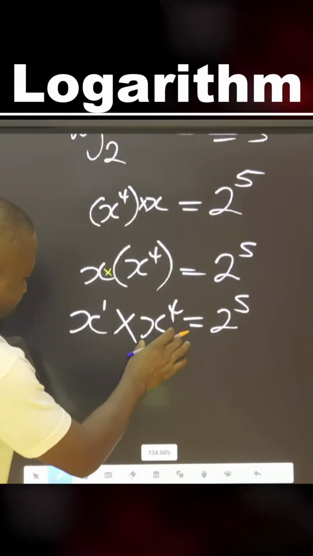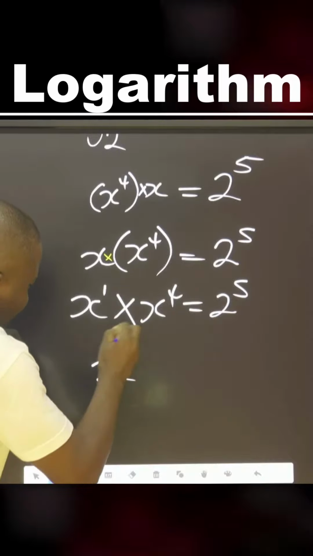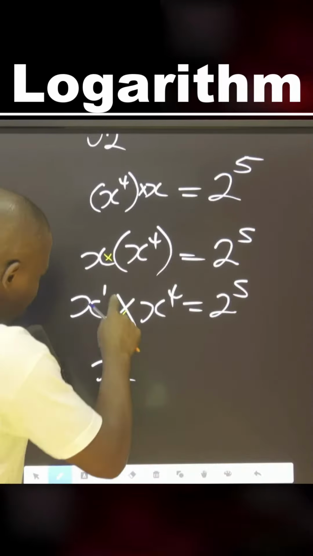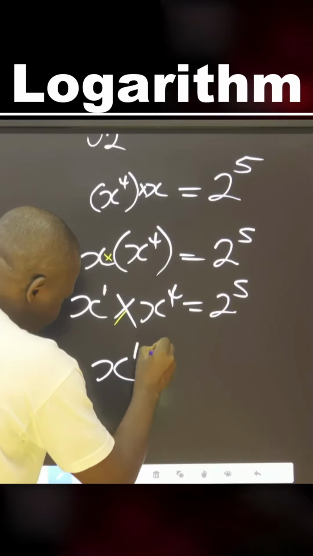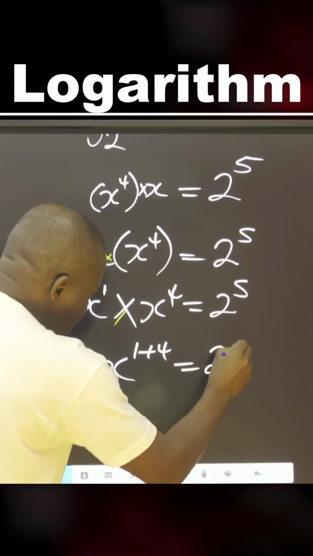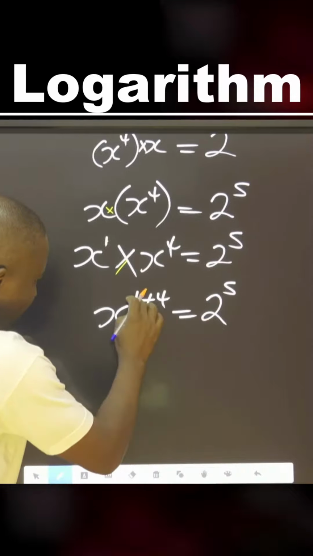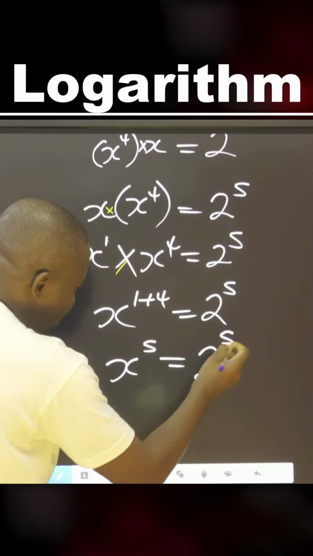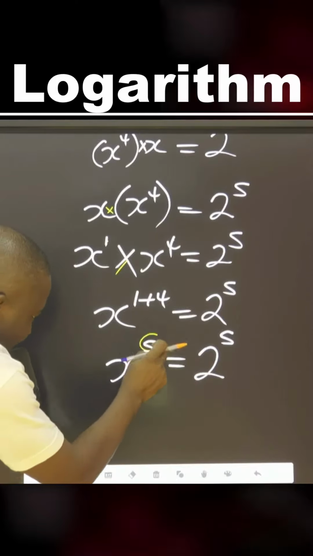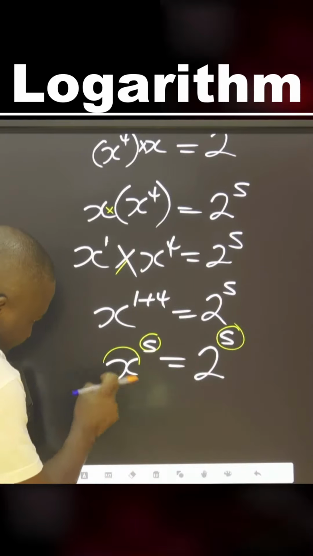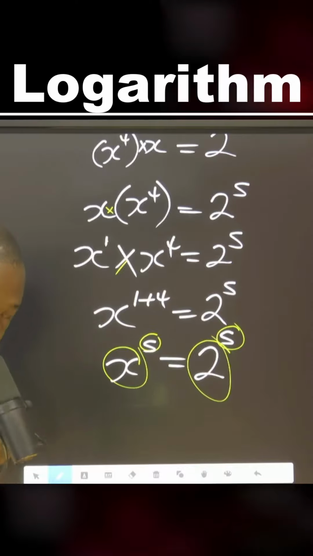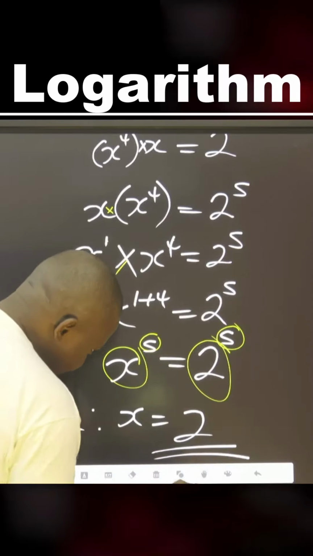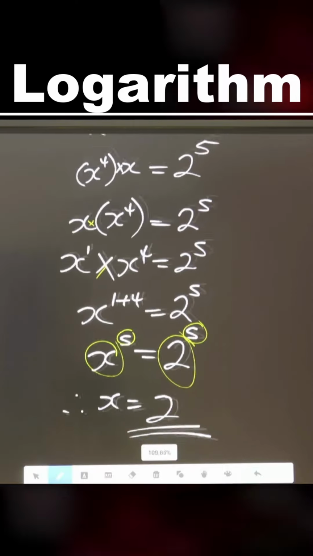Okay? Now, it means, therefore, if there is times here, by the first law of indices, you can add this and this together. That is 1 plus 4 equals to this. This plus this is what? 5 equals to this. Because this and this are equal, this and this are definitely equal. Therefore, s is equal to 2. This is the answer. So s is equal to